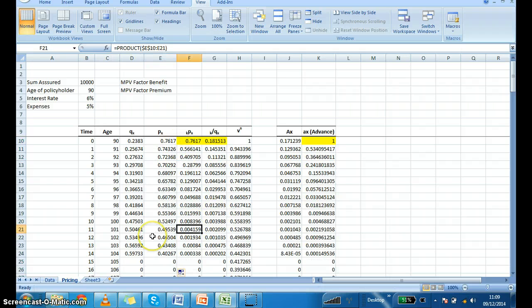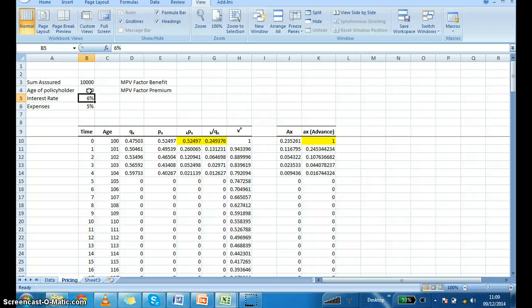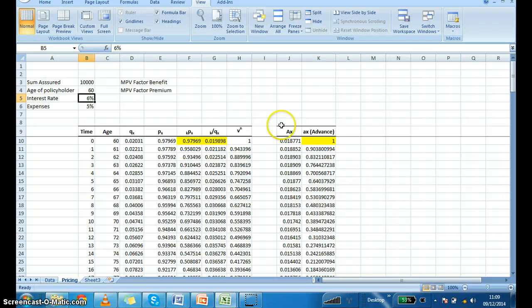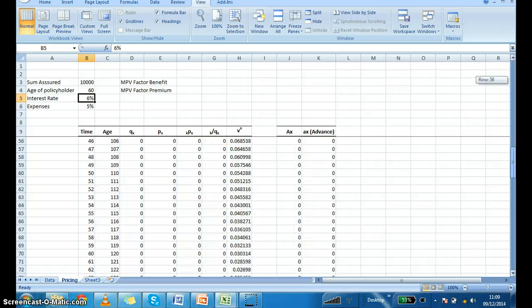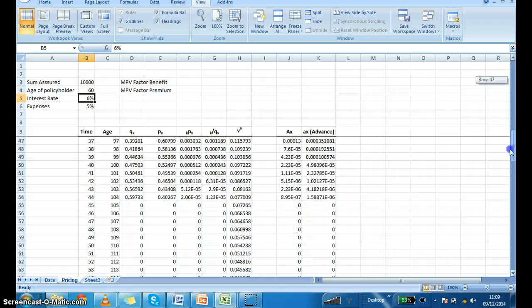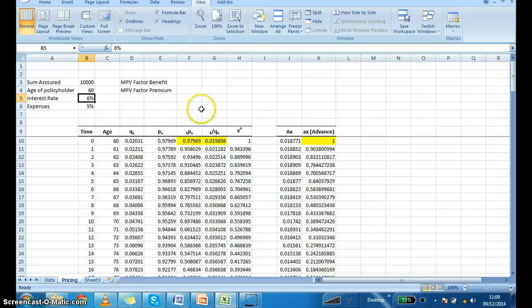Also, this one gives a probability of survival of 0 at time 105. So if you change this one to be 100, everything is still neat, it becomes very dynamic. Put 60, everything changes and it's neat. So what you now need to do is determine the MPV factor for the benefit,